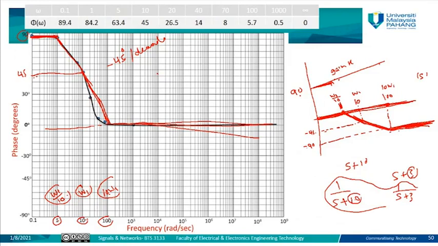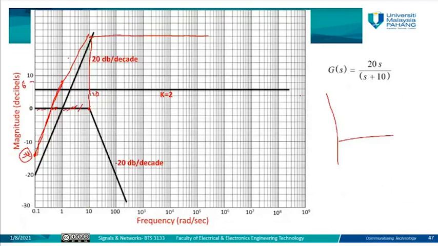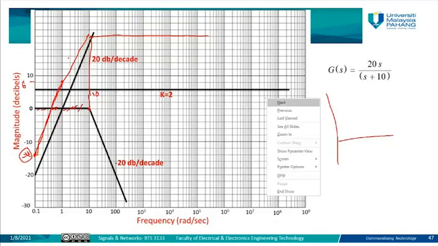So please try to practice how to draw the 5 components: the gain, derivative, integral, first order zero, first order pole. And how to draw the magnitude, how to draw the phase, how to combine the different components into one graph. I mean, first draw it individually, like we do in this example here. Then you need to